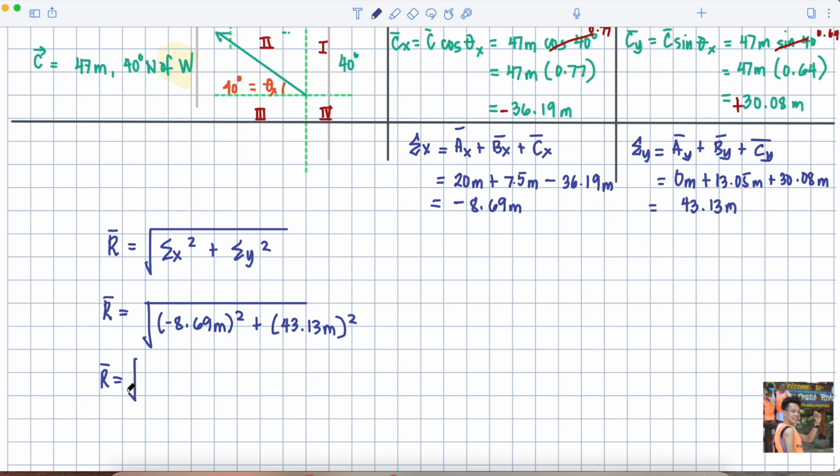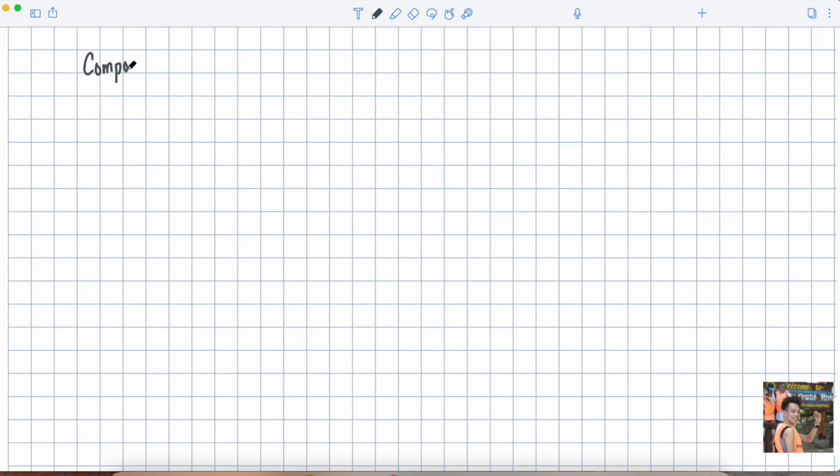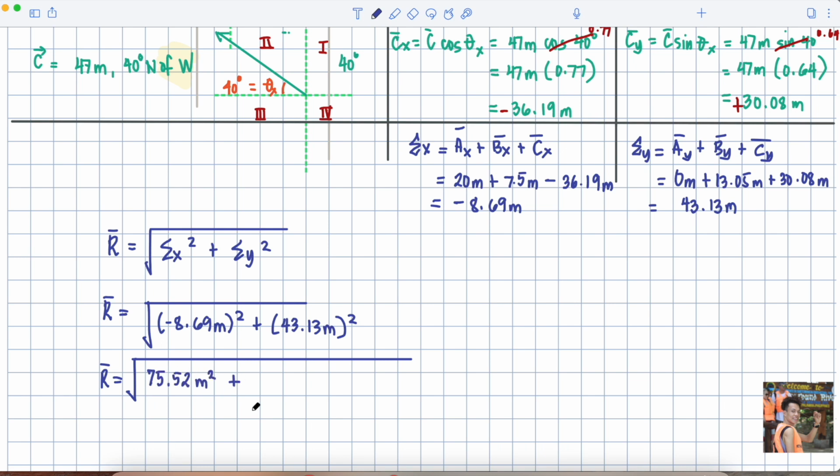So let's get first the square of negative 8.69 squared, and that is 75.52 meters squared. We also get the square of 43.13,